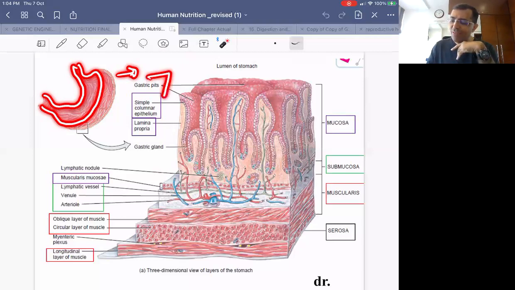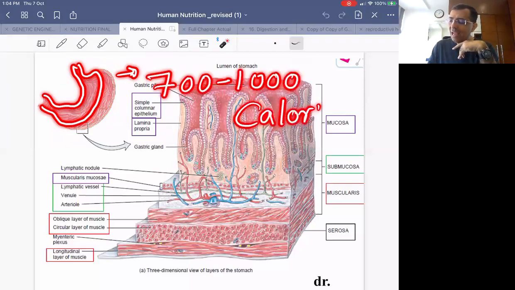And sir, you give him a 700 to 1,000 calorie diet per day. Sir, we normally have around 2,000 calories of food per day. He is given a 700 to 1000 calorie diet and slowly his weight reduces along with